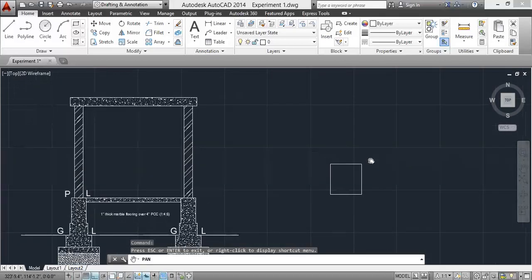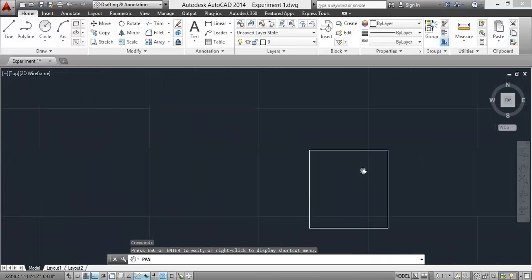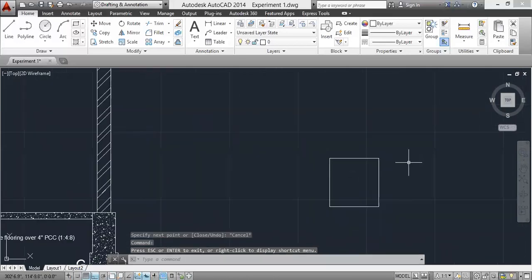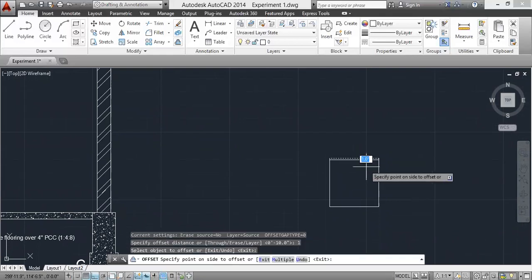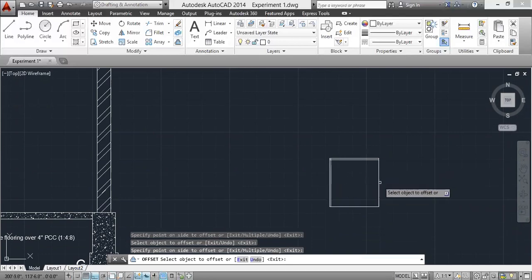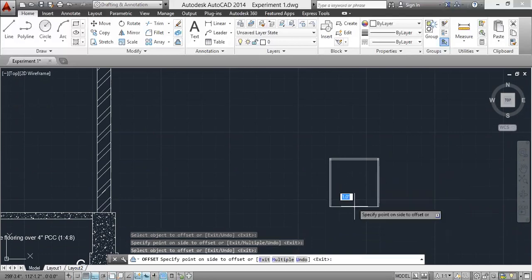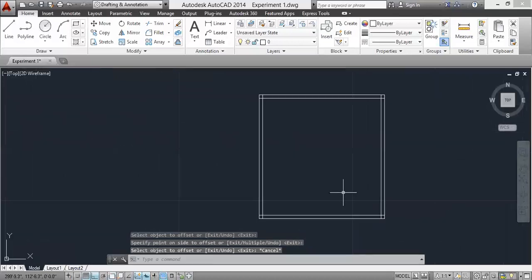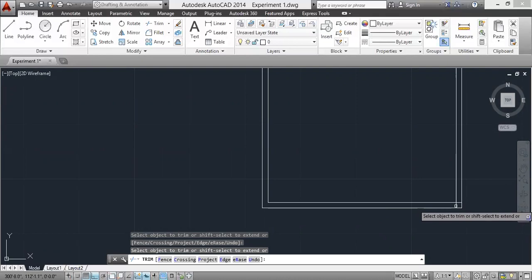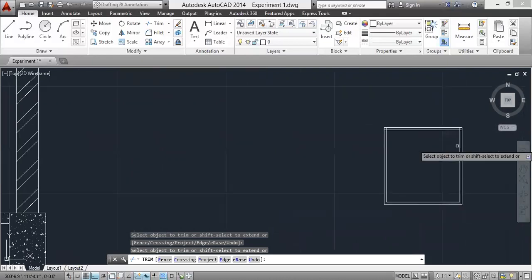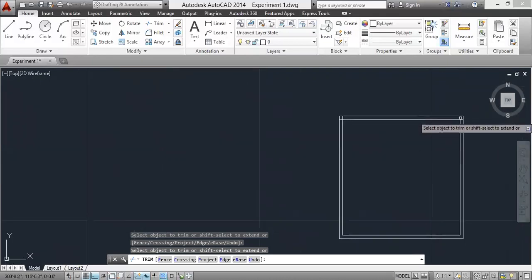Now, okay, zoom it. Give offset as 1 inch inside. Select this line and give offset 1 inch. Okay. Now delete these extra lines. Trim, TR double enter. Trim these lines. Trim these extra lines.